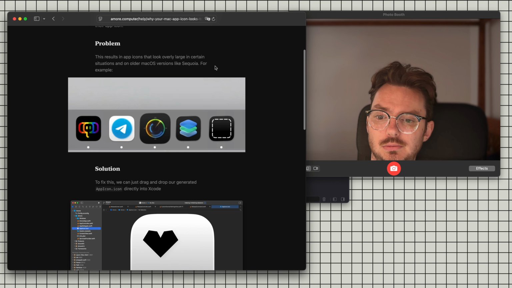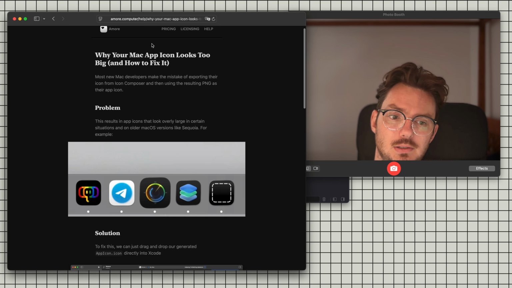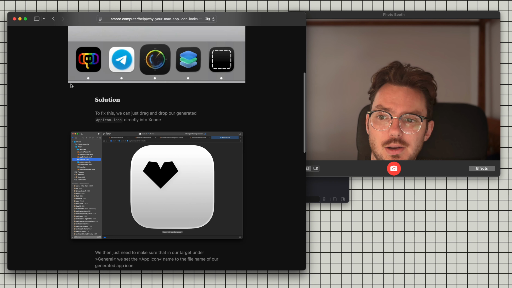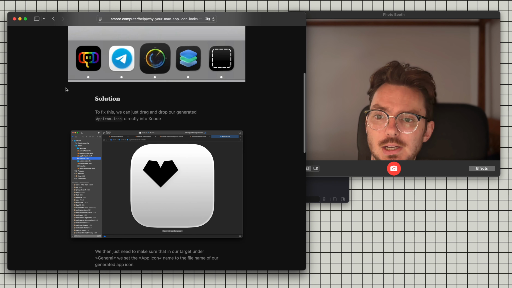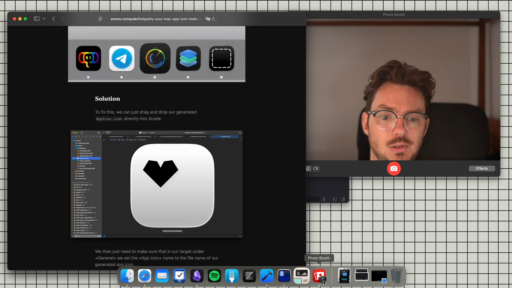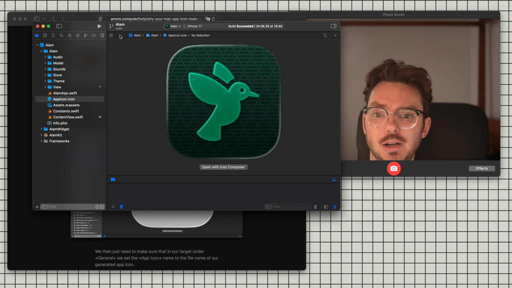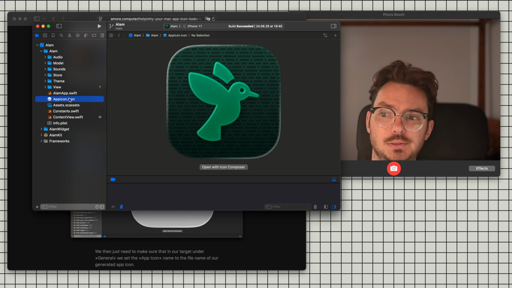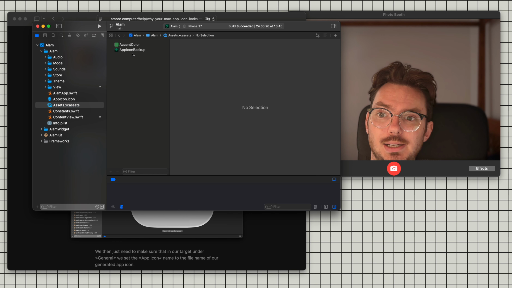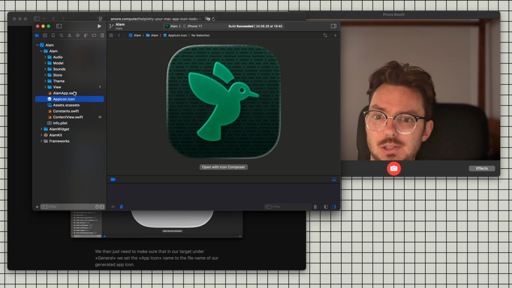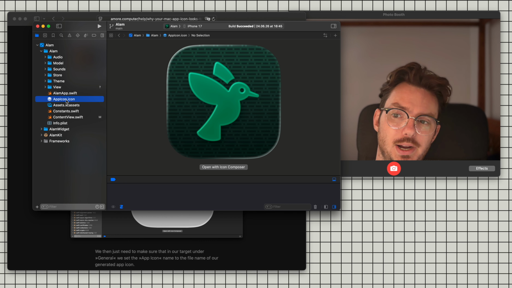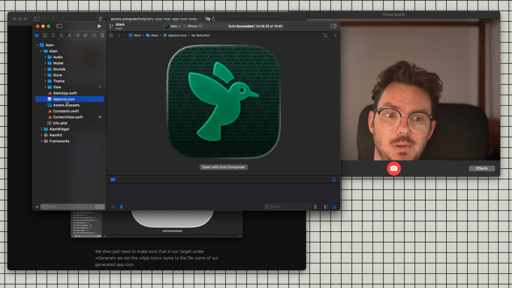So here's how to fix this. I wrote a post about it already, but I thought I'd also show it in video form. Basically, you just use Icon Composer, and then you can drag and drop the Icon Composer file that you get into your project. So this is an Xcode project, and you can see that instead of having the icon in assets, we just drag and drop the app icon file that we get from Composer